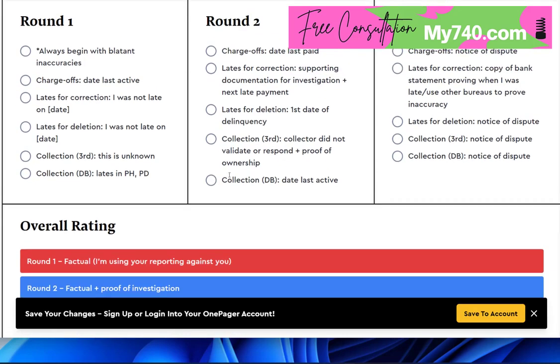Now, for a debt buyer collection, and just as an example, that would be like Portfolio Recovery, Midland, Calvary, any of those suckers, right? You're going to say date last active. So now we're not going after the things that would be a violation on a collection. We are going after factual. So date last active, date last paid, date last reported. Now, what do you do for round three? Well,